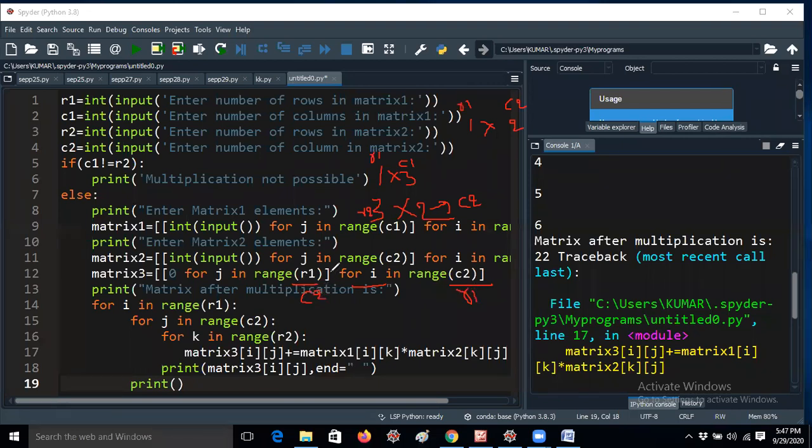This is the only single mistake, because yesterday we discussed 2 by 3 and 3 by 2. That is the question we discussed. That's the reason we did not get any error, because the resultant matrix there is 2 by 2. But today the resultant matrix is 1 by 2. If you change these positions, the result may give wrong errors. Yesterday we did not get any error, because whether it is R1 or C2, it makes no difference. That's why we did not look into it.